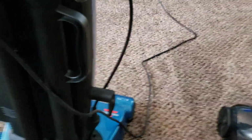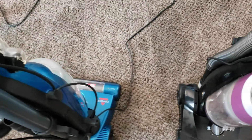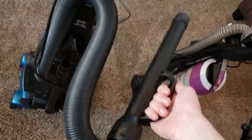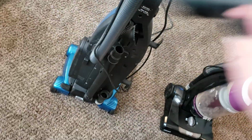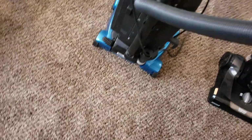And if I take the phone off the tripod, we can see we've got our same upper cord clip, just like many other Bissells. And we've got a nice, long, wire-reinforced stretch hose with the built-in hose wand handle that Bissell has become famous for. So this hose actually does pretty good. It's not long enough to get up your stairs, but